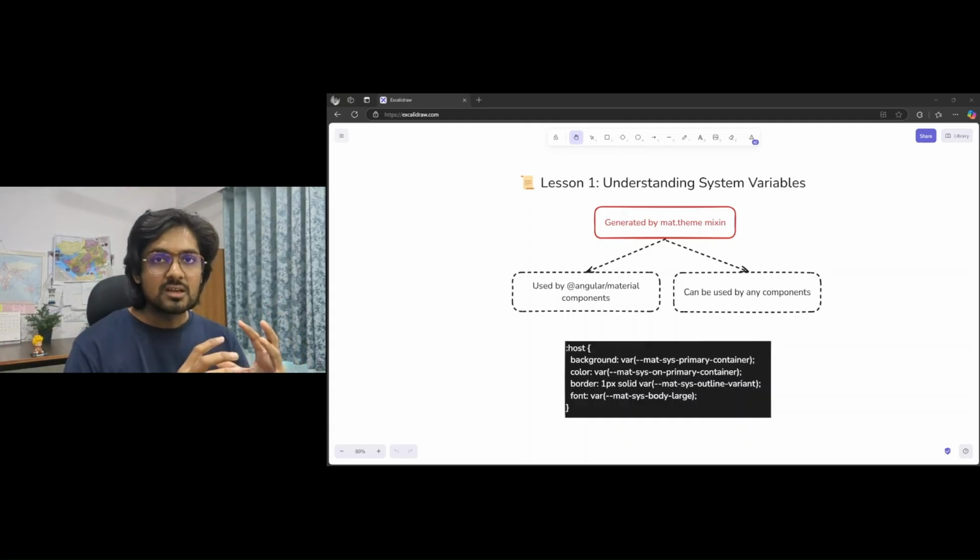We saw in earlier chapters, when we inspected the card's background color and also the pre-built theme colors, that the components were trying to read values for font, background, and borders from some set of CSS variables. Those are system variables in Angular material, and those are generated using the mat.theme mixin, which we have present in our